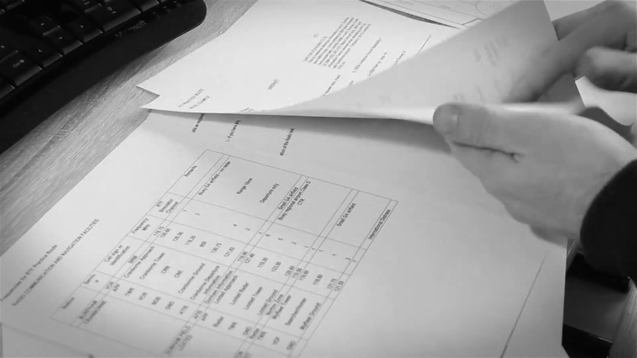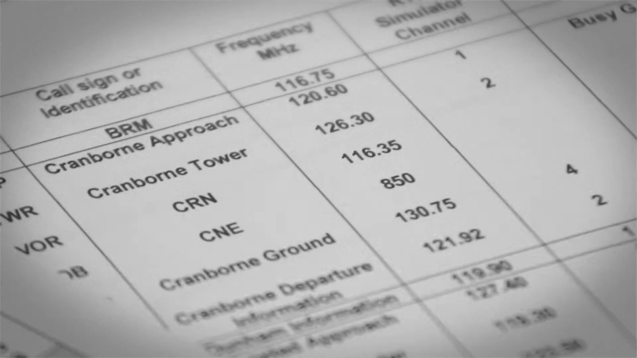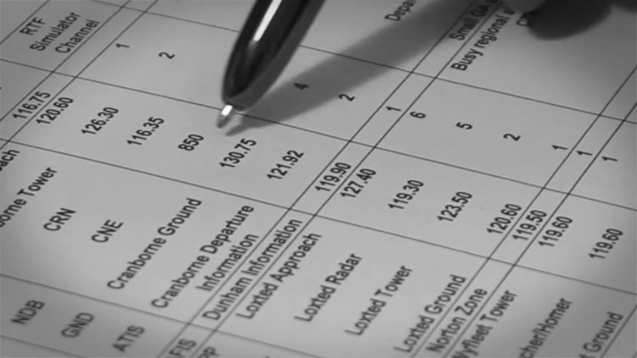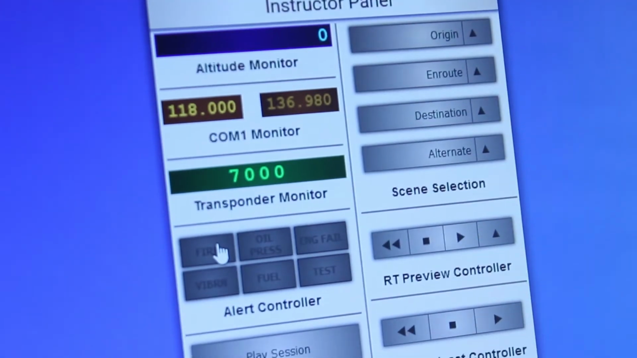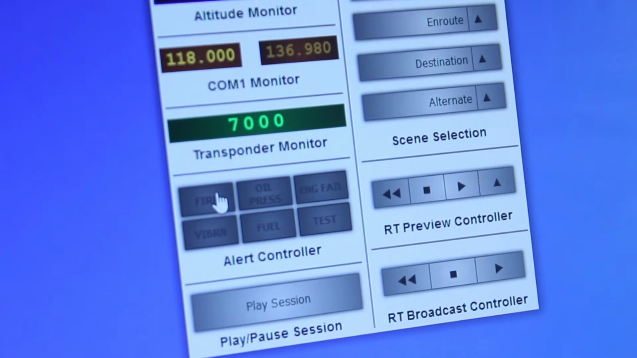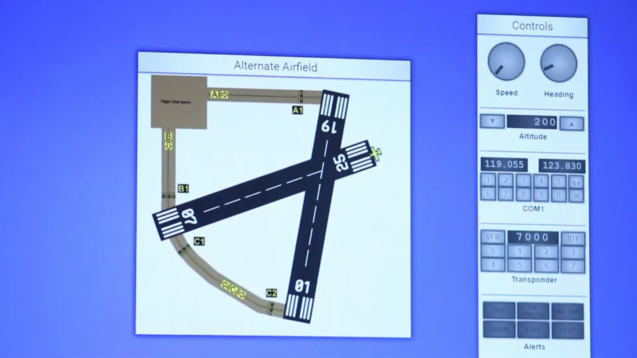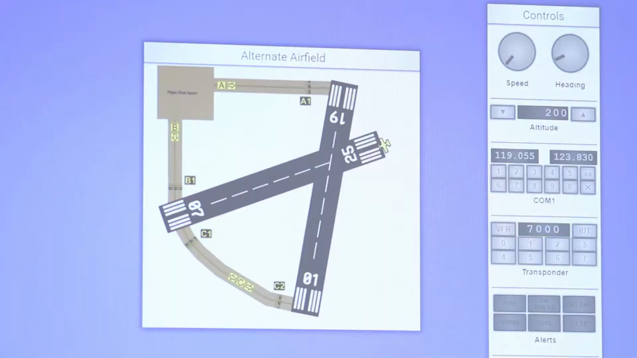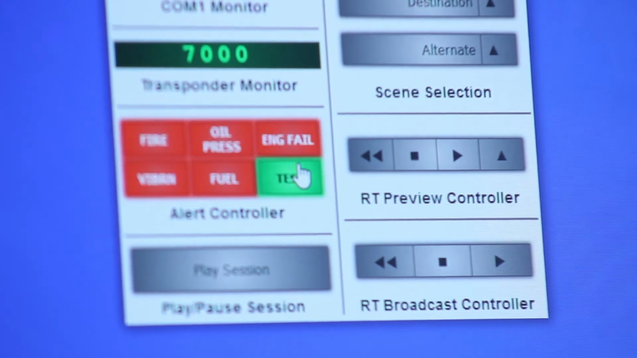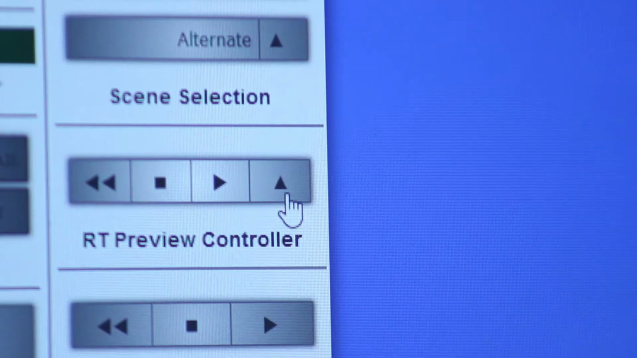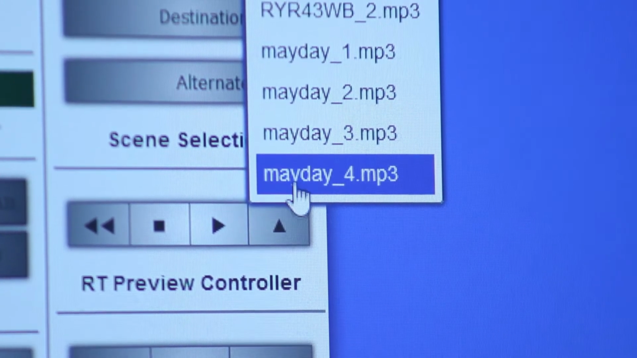Still using pen and paper to get your students' RT up to scratch? If you are, we might have something to interest you, and it's accessible remotely. RT Checkride is a flexible, moving map tool for all flight instructors and examiners. Its control panel allows you to throw all kinds of RT scenarios at your student and lets you monitor their